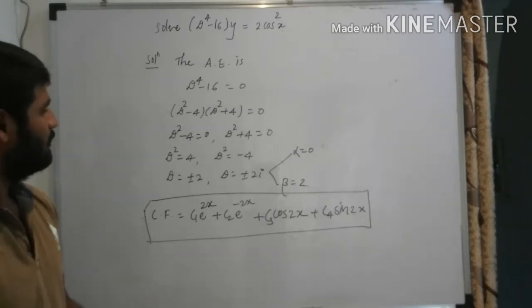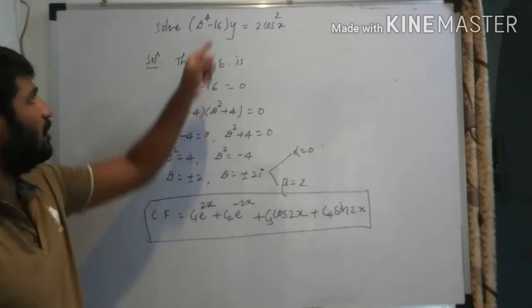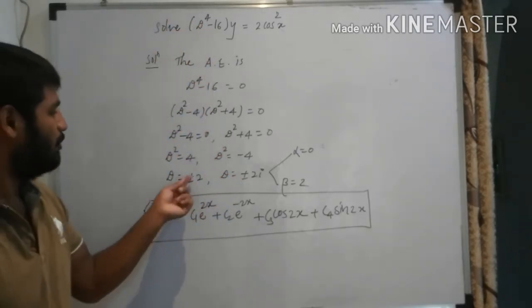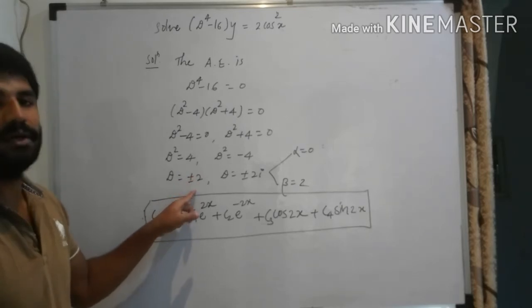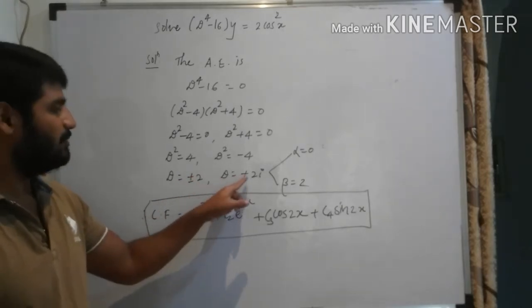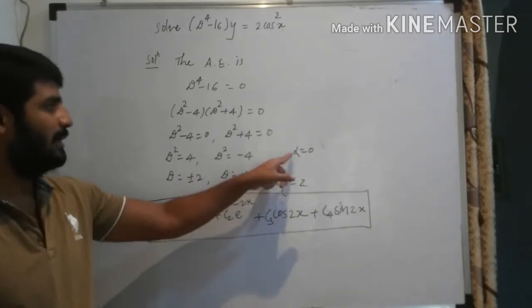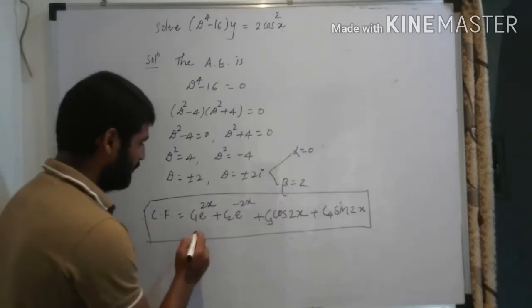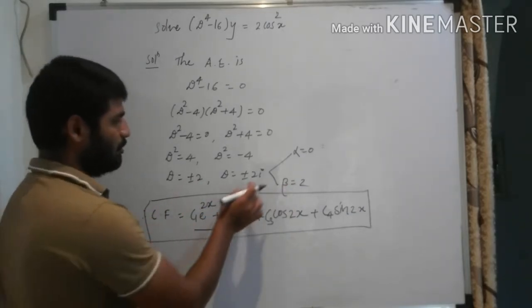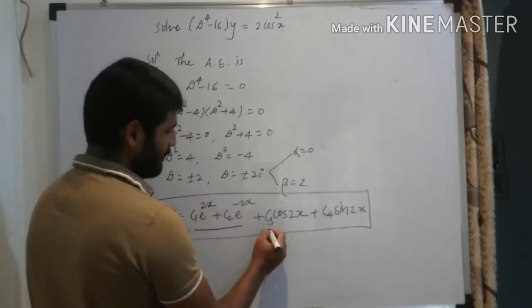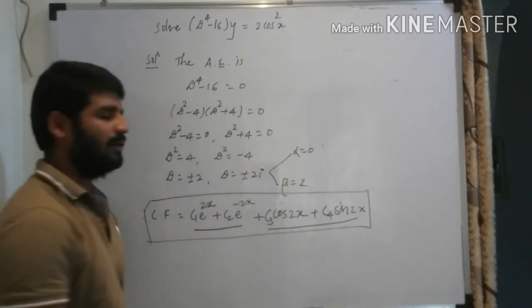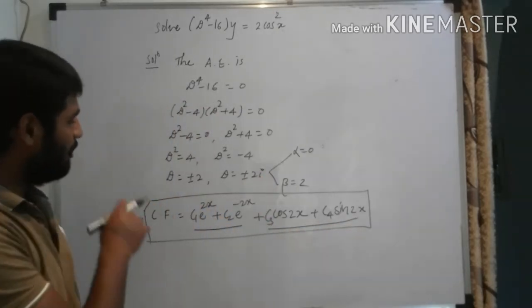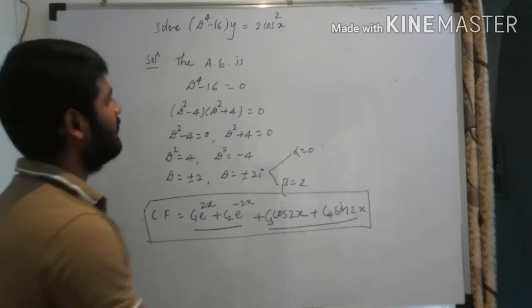See once again, here we get 4 roots because order of differential equation is 4. So plus 2, minus 2 are the real roots and distinct, and this plus minus 2i is a complex root where alpha is 0 and beta is 2. So corresponding to real root, we write the complementary function like this, and corresponding to this complex root, we write the complementary function as this one, and we add together. Okay, now after that we have to find particular integral.